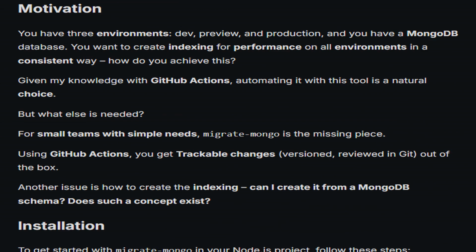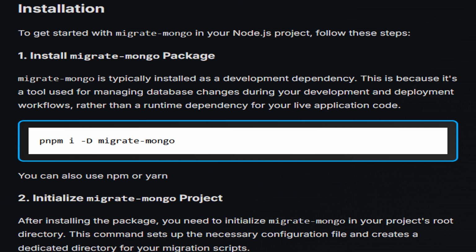The motivation behind this project is to automate consistent indexing for MongoDB across 3 environments: development, preview, and production. Leveraging GitHub Actions is a natural choice for automation, while Migrate-Mongo simplifies managing database changes for small teams with simple needs. Installation of Migrate-Mongo in a Node.js project involves following a specific set of steps to prepare